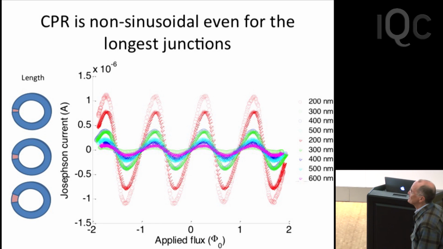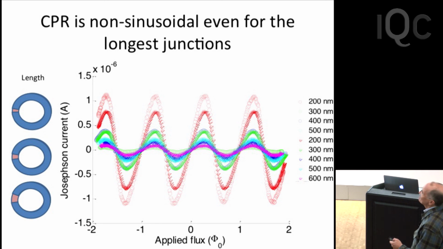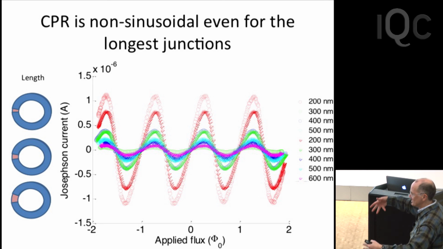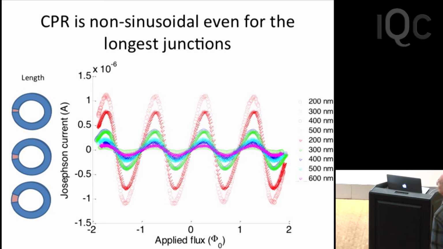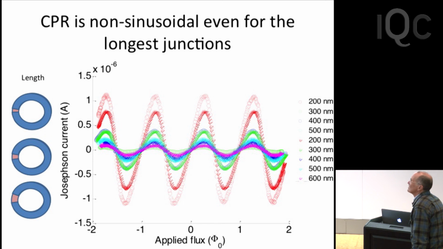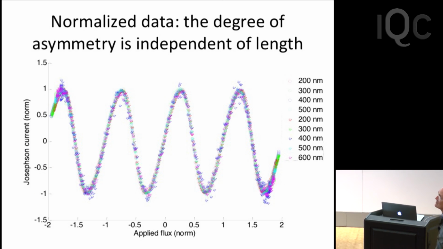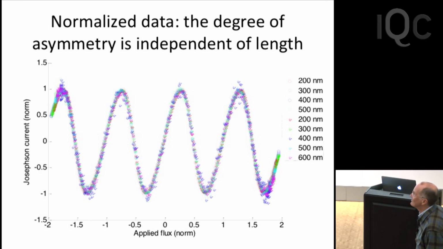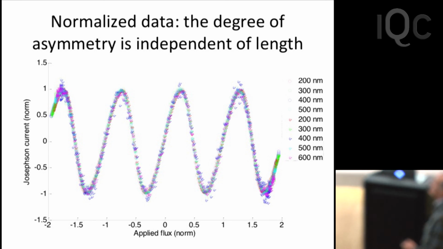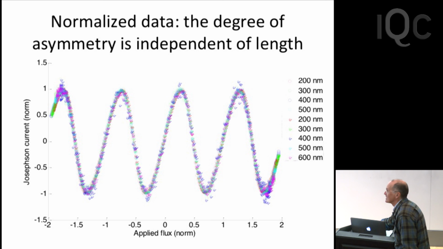If you go in the other direction, so instead of making the junctions wider, you make them longer, you get these results. As you might expect, as you get longer junctions, the critical current gets smaller. The superconductivity has to overlap over a longer range, and it's more or less exponential. But if you scale these curves so that they overlap, they really look very much the same. The skewness is very much the same. So the current phase relationship, except for the scaling factor, doesn't seem to change much with length.